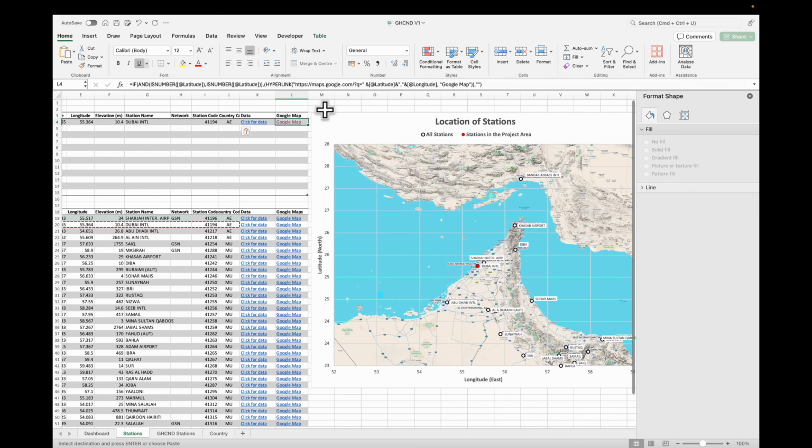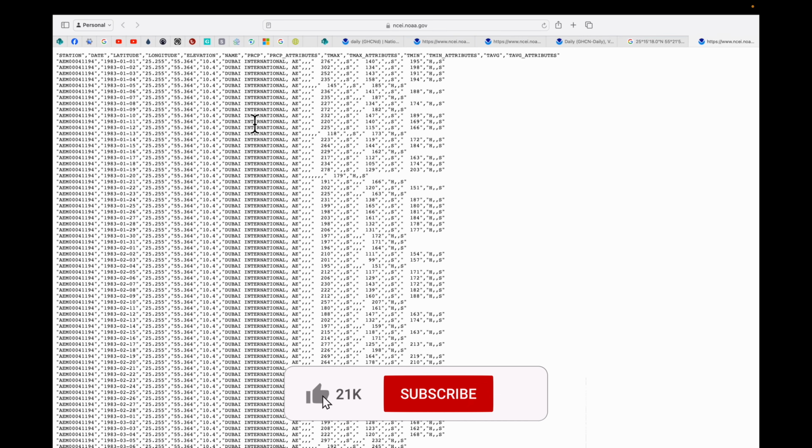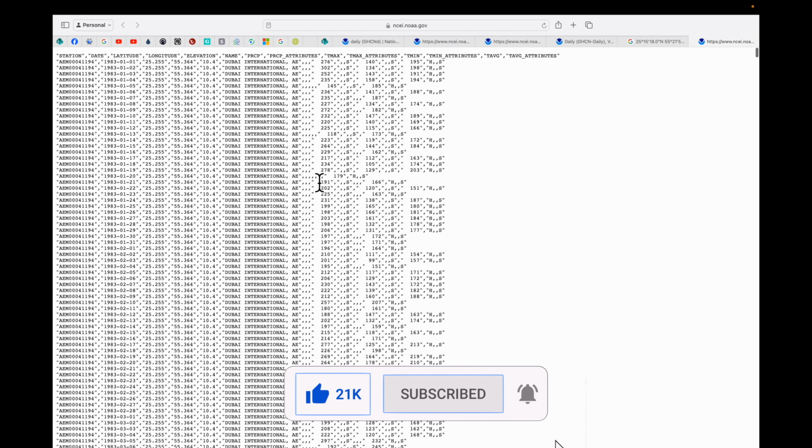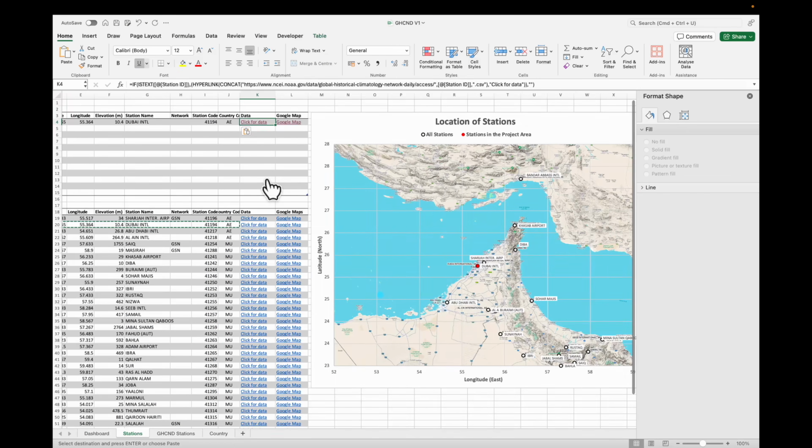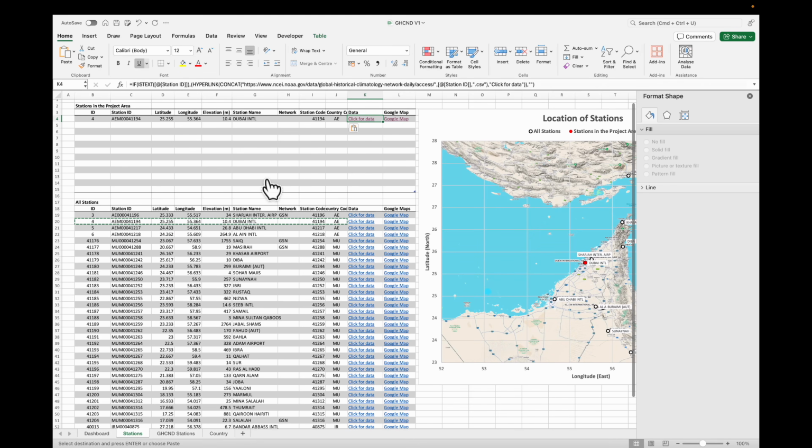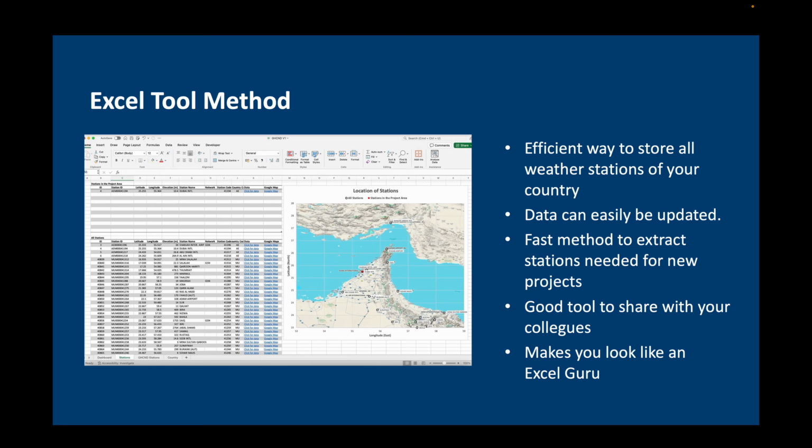And then we can also click on here to get our data. And actually we've already downloaded it, so it's immediately opened the same page. Okay, so this is a very easy way to update our data for stations which we maybe use all the time. So to summarize the Excel tool method,